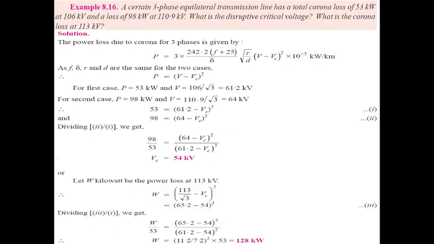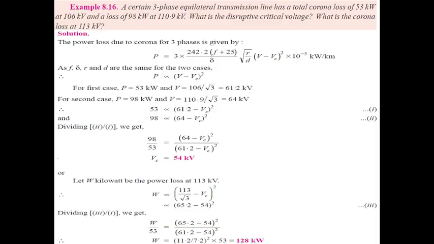Okay, this slide explains how to determine the disruptive critical voltage and the corona losses at a new operating voltage for a three-phase equilateral transmission line. The line is known to have corona losses of 53 kilowatt at 106 kilovolt and 98 kilowatt at 110.9 kilovolt. Since the frequency, air density factor, conductor radius, and spacing remain constant in both cases,